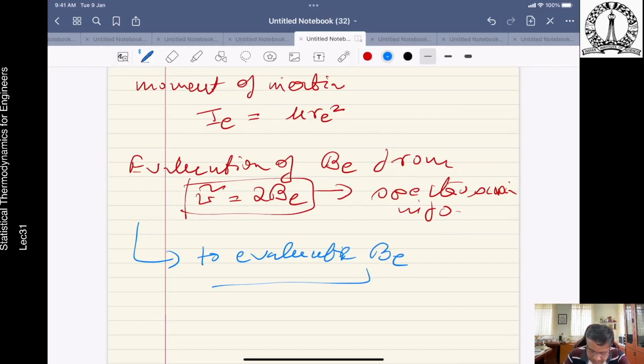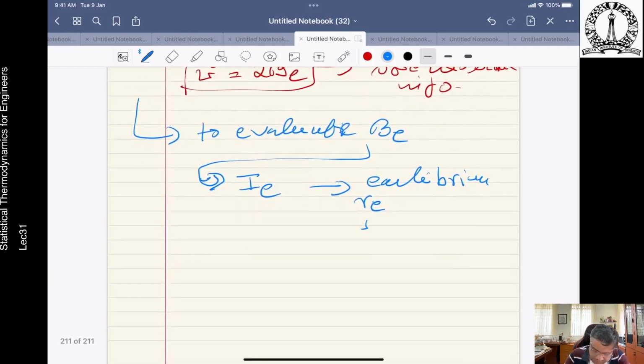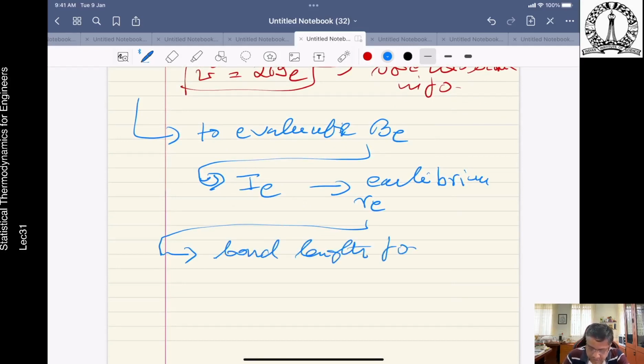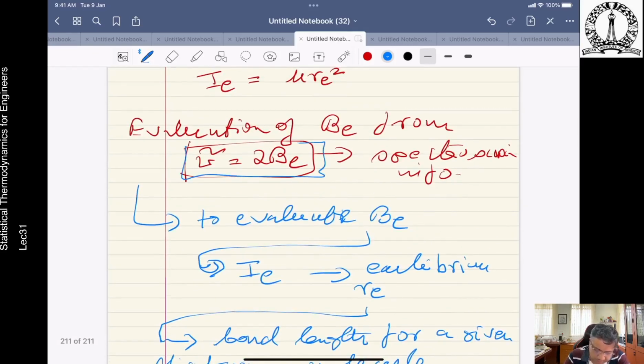BE, and from BE we can evaluate IE. And from IE we can find out the equilibrium internuclear distance, the equilibrium RE, which further gives rise to the bond length for a given diatomic molecule. Excellent, no? So just by measuring the spectrum, or the wave number of the spectrum, we can get an